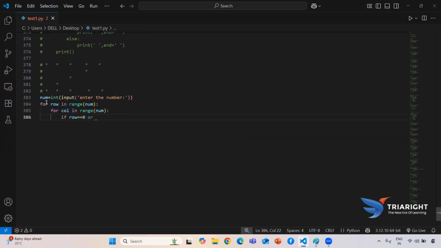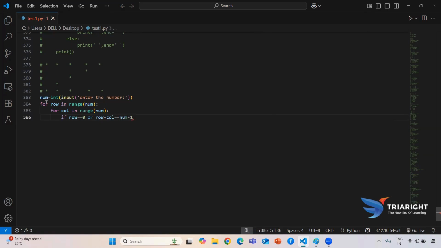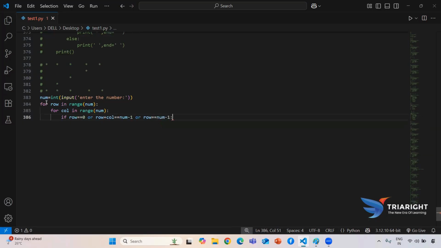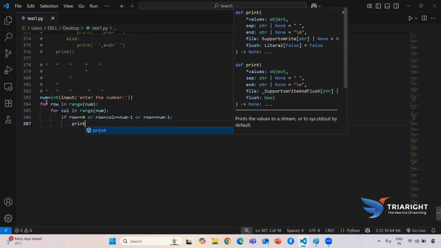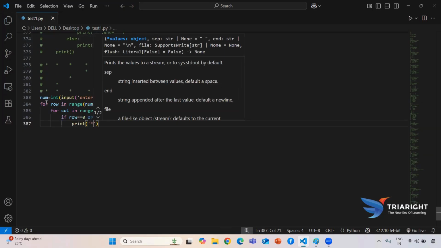Or if my row plus column double equal to num minus 1, at that time also I need to print star. And the last condition, if my row double equal to num minus 1, at that time also I need to print. Okay, means whenever from these above three conditions, one condition is satisfied,